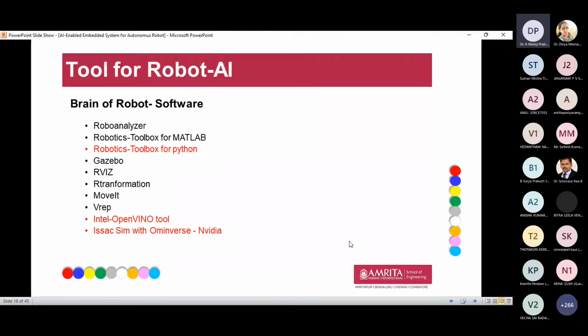Robot Analyzer is just a tool to design a manipulator robot, that is your articulated arm robot, and it can do some performance and certain actions through the tool. It is a robotics toolbox for MATLAB and a robotics toolbox for Python. In MATLAB, we can also do robotic designs, either a manipulator or wheeled robot or any UAV models. And nowadays we have the toolbox for Python. So using Python, the robot can be designed.